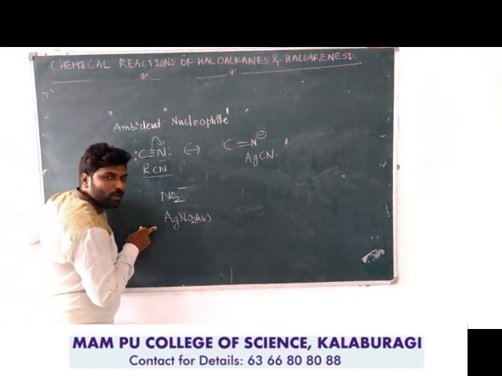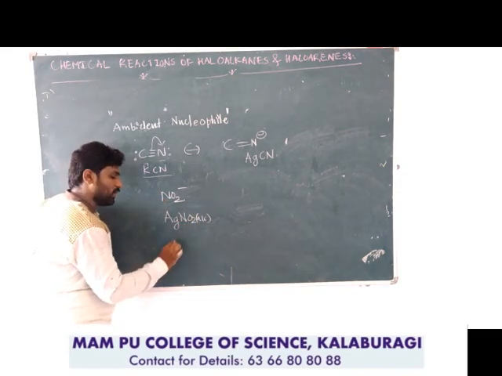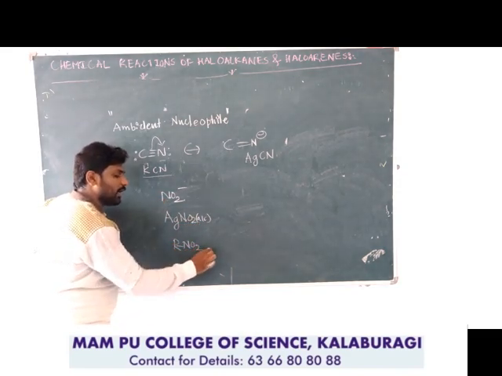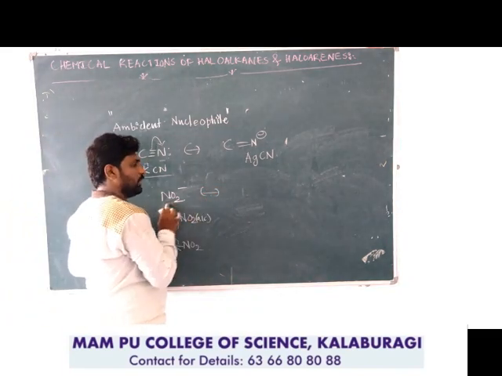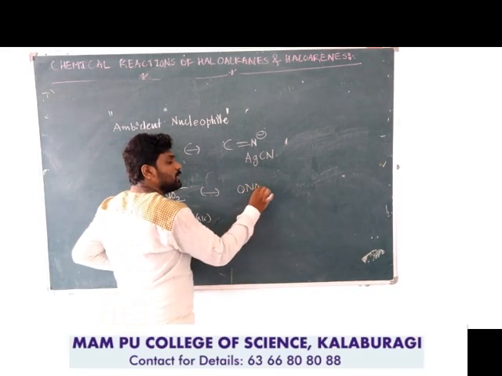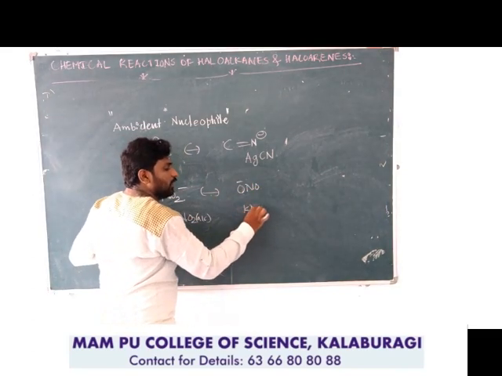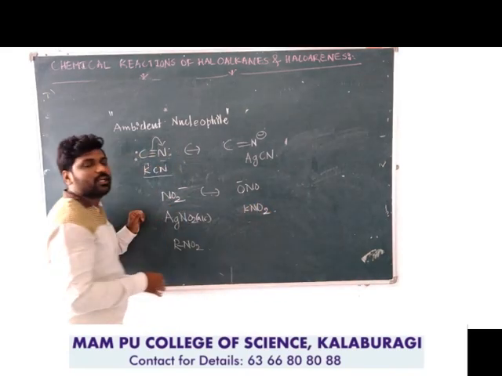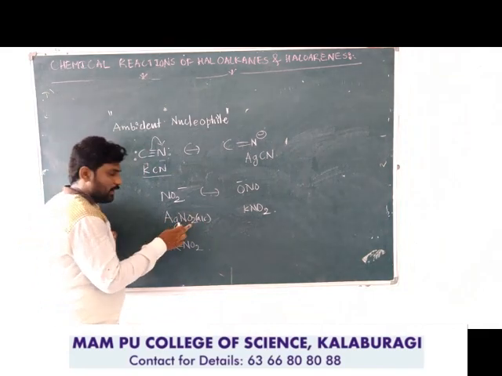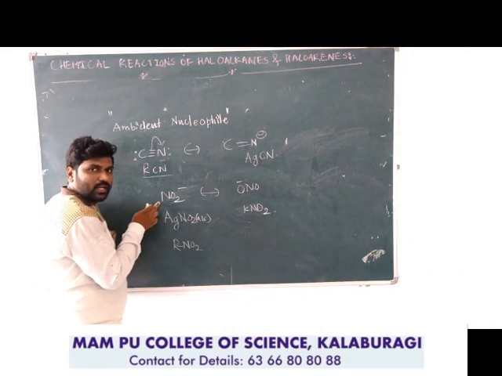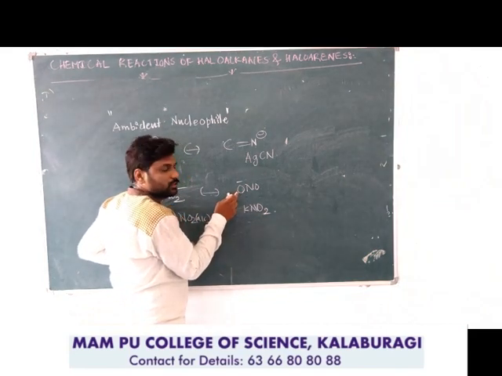Whenever it is available in the form of alcoholic AgNO2, it chooses to attack from the nitrogen atom, and the product we are getting is nitroalkanes. If the attack of the NO2 is taking place through the oxygen atom, it is only possible whenever it is available in the form of potassium nitrite. Silver nitrite, attack of nucleophile takes place through the nitrogen atom. Potassium nitrite, attack of the nucleophile taking place through the oxygen atom.